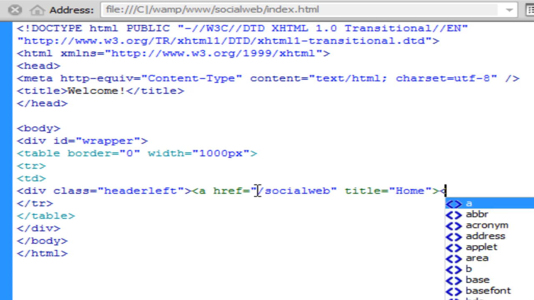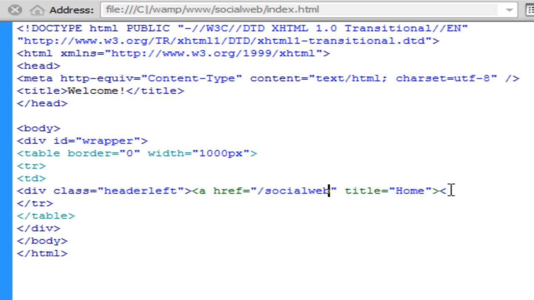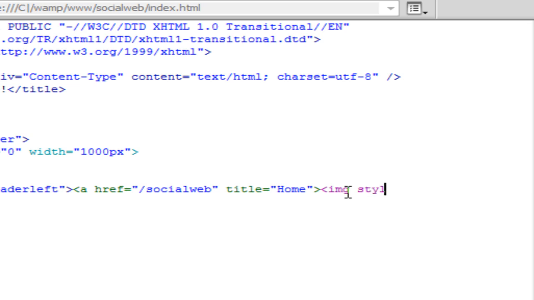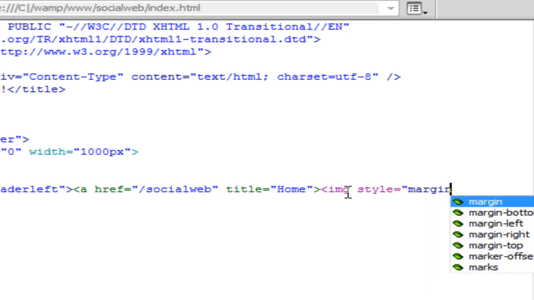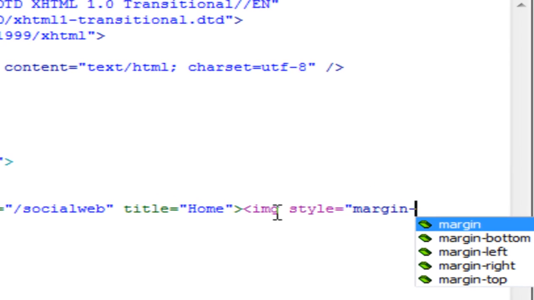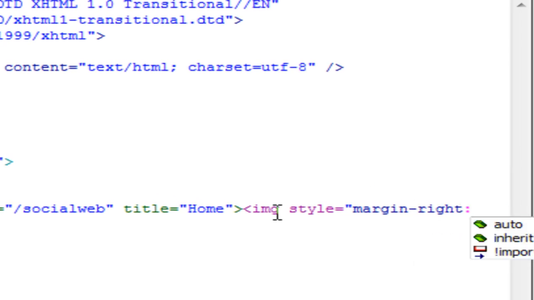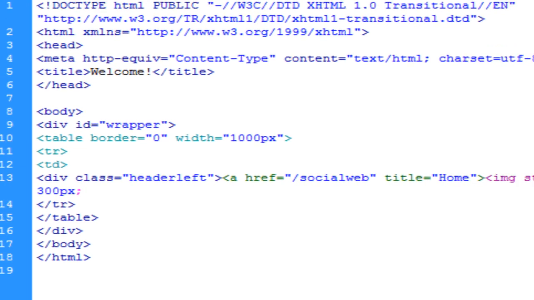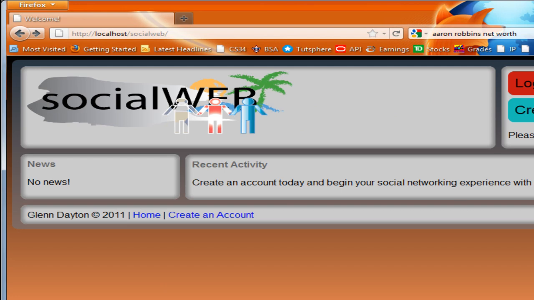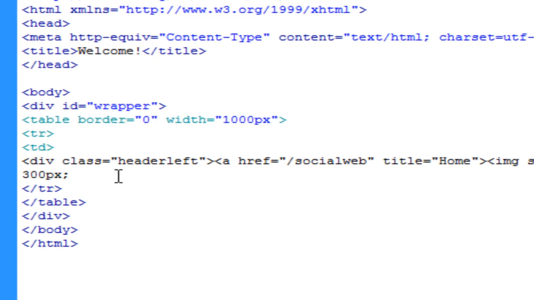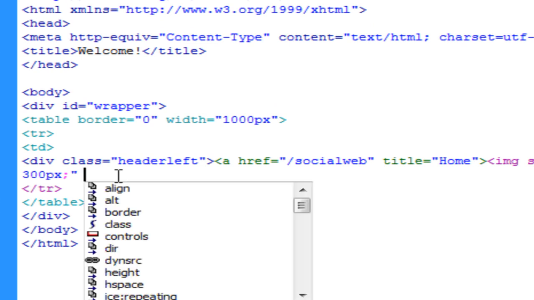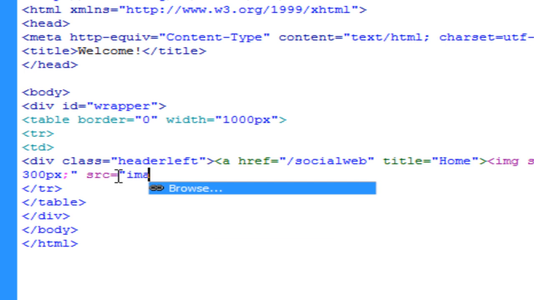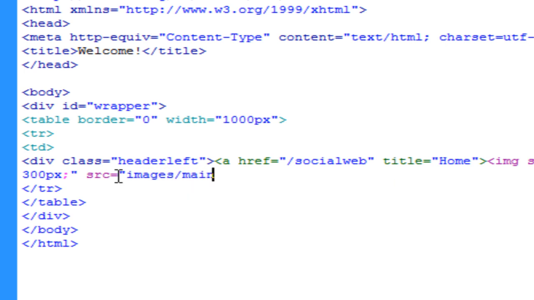And my site's located on /social web because I have it on localhost since I'm running in the Wampserver. And then we are going to be putting the image in here, and we are going to have some space in between the image and the right side here. As we go back to here, the 300 pixels that we're declaring right now is going to go in between those. So we have our 300 pixels there. And then we're going to get the source of the image, which is basically just calling upon where it's located. So we go images / main logo